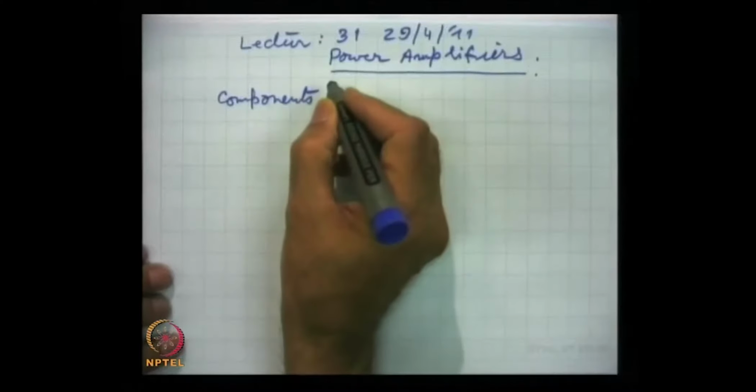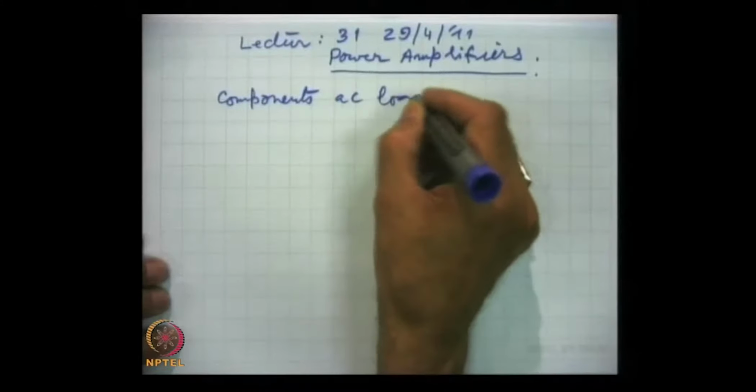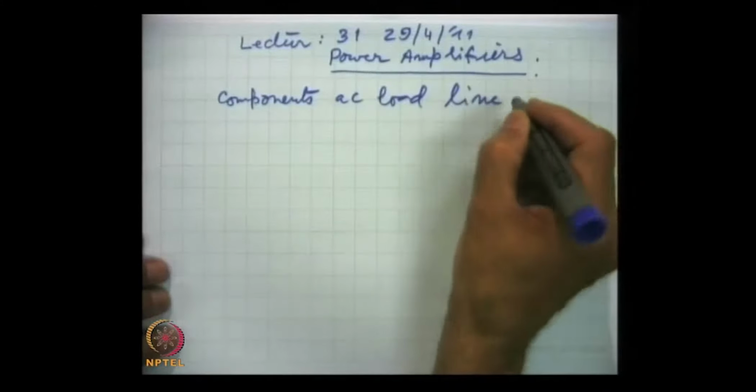For the graphical analysis, as we were discussing, a load line is very useful, and AC and DC load lines are different because the impedance seen by the collector is different in the two cases. And when we were discussing the AC load line, the components of the AC load line, these were